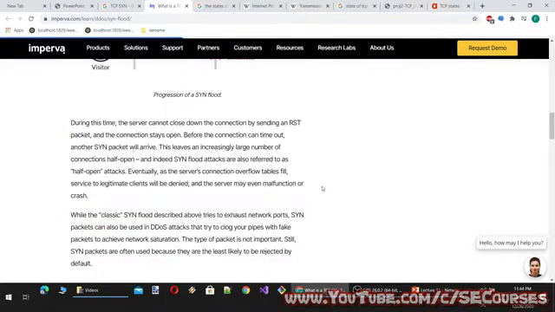During this time, the server cannot close down the connection by sending an RST packet, and the connection stays open. Before the connection can time out, another SYN packet will arrive. This leaves an increasingly large number of connections half-open, and indeed SYN flood attacks are also referred to as half-open attacks. Eventually, as the server's connection overflow tables fill, service to legitimate clients will be denied, and the server may